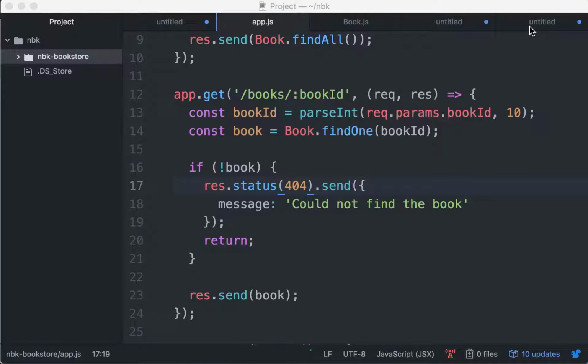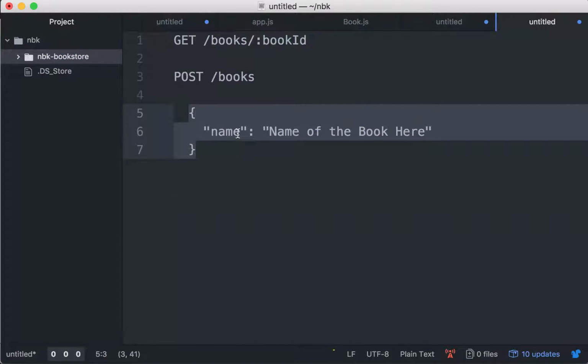In this lesson, we are going to learn how to make a book. So we already learned how to get all the books, how to get a specific book by ID. Now it's time for us to create a new book object. We're going to do the POST /books